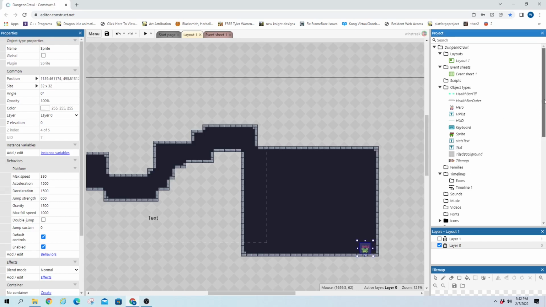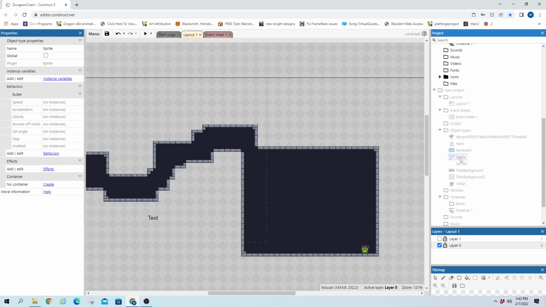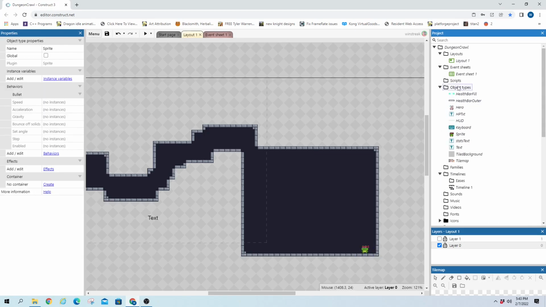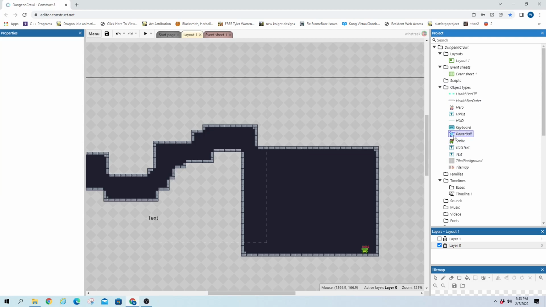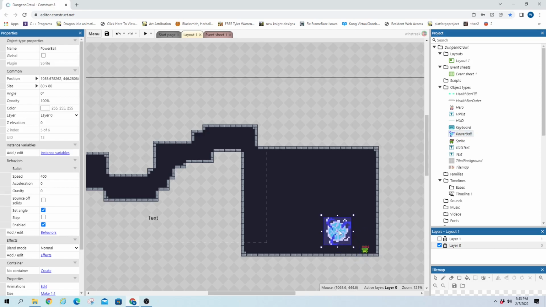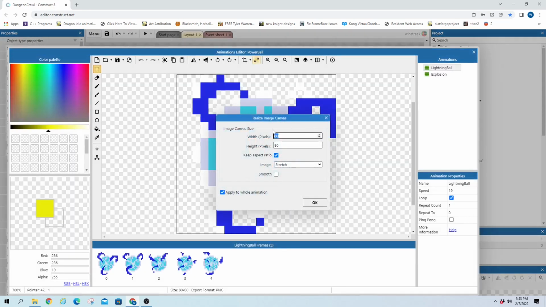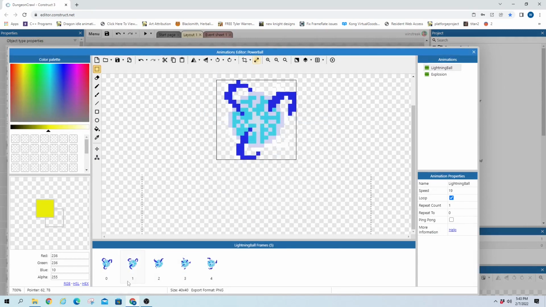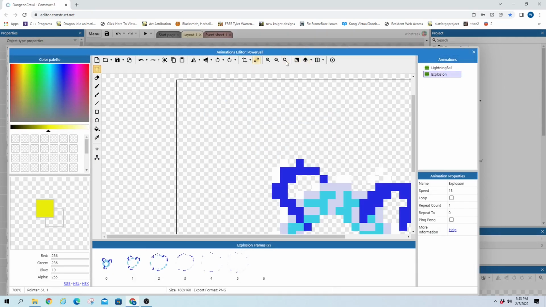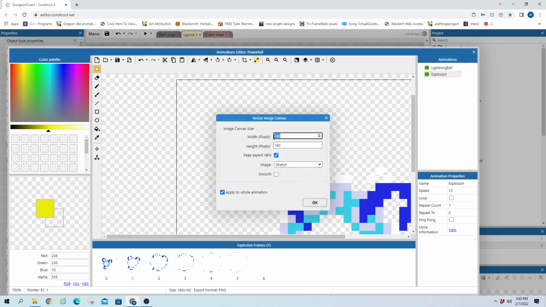And I already made a power ball just to save time. And I'm just going to copy it out of my other program that I have and paste it right into my object types. So I have access to it, and just gonna name it Powerball, and we'll drag them on the stage, and obviously that's a little bigger than we want, so I'll just throw that in half and apply it to all of them, and I'll do the same thing with the explosion end. We'll throw that in half, apply it to the whole animation,